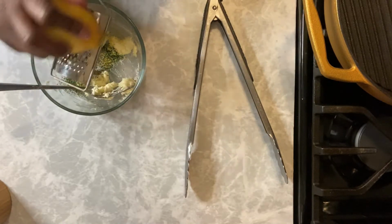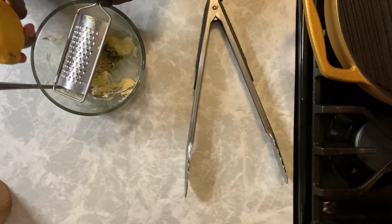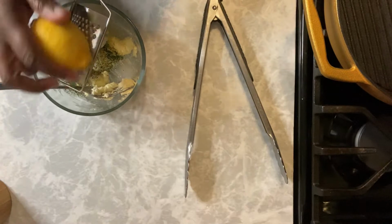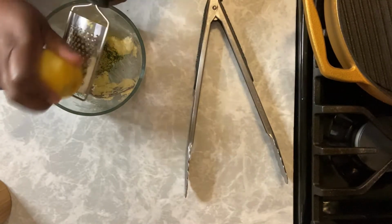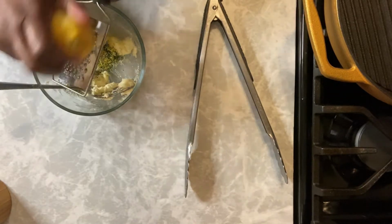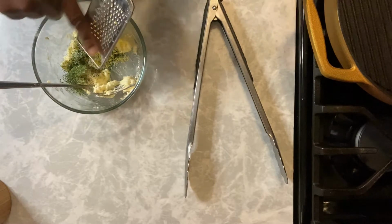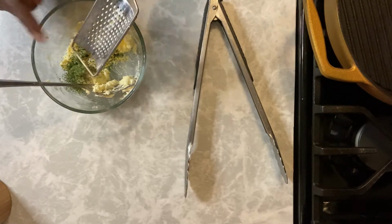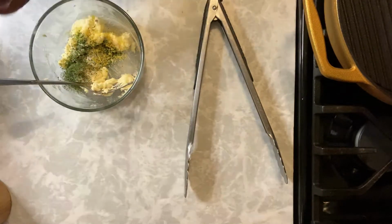So this is good. You want to keep turning it, but you do want to pick up your lemon and look at it. That ensures that you are not going too far down into the lemon. So you want to keep turning it little by little, depending on how much zest you decide to use. So that is about a teaspoonful. I'm going to take the rest of it off the back of that because I need every bit of it in this. All right,